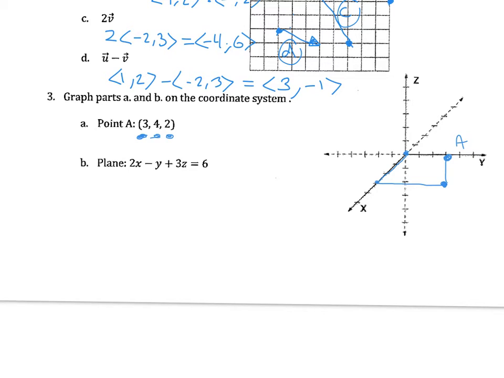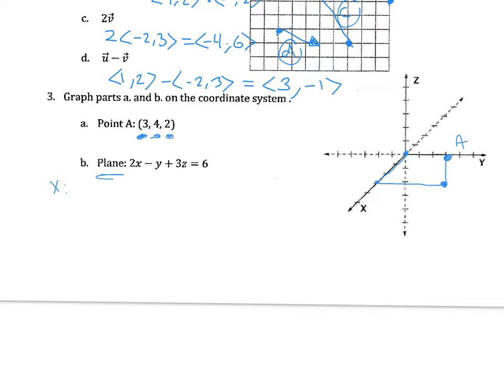Second task, plotting a plane. So here's a plane equation. And our trick for plotting a plane is to find the x, y, and z intercepts for the plane. To do that, we use the cover-up method, which I can't easily show you on the screen, but I'll describe it. So to find the x-intercept,